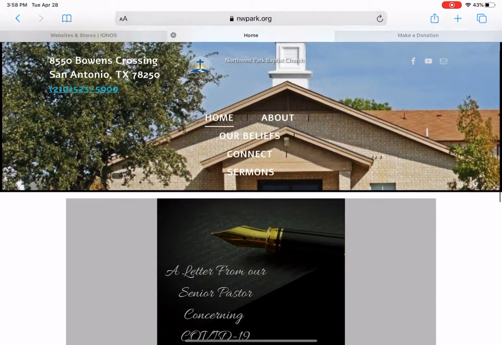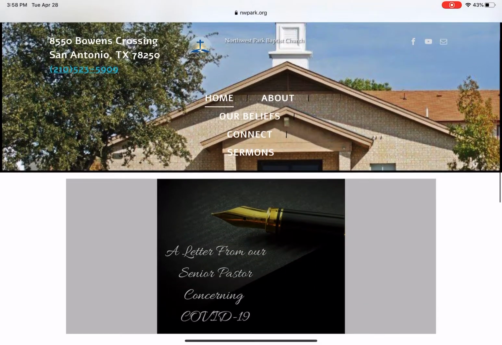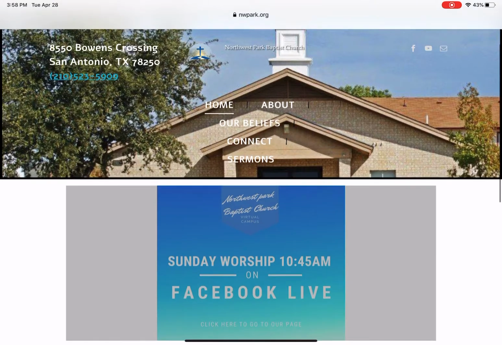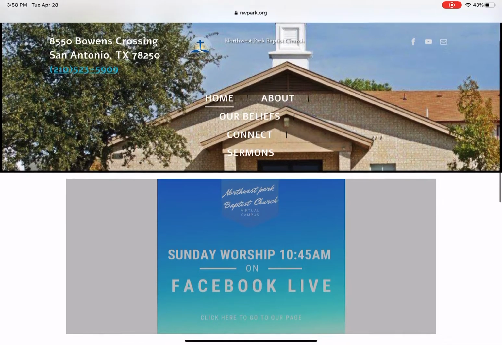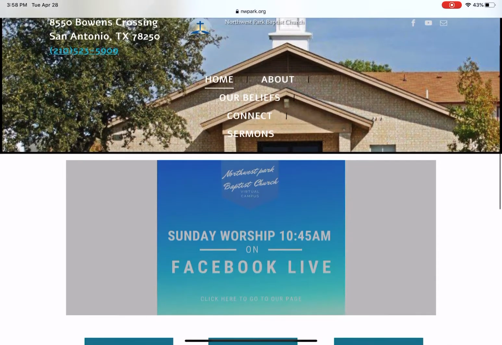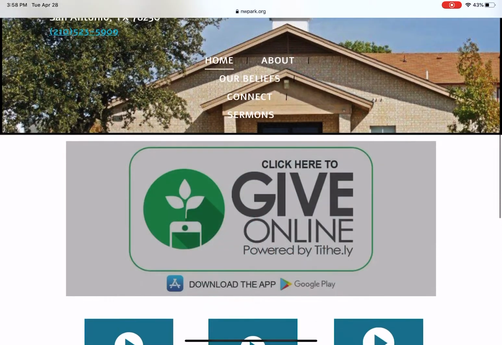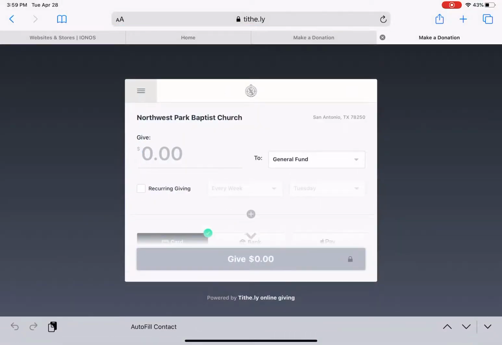As you can see, I'm on our church website, currently using my iPad Pro, which is similar to a laptop. I'm using it like a laptop right now in order to do this tutorial. Right there, you would see "Give here, click here to give online, powered by Tithely." I would click on that, and it would take me directly to this